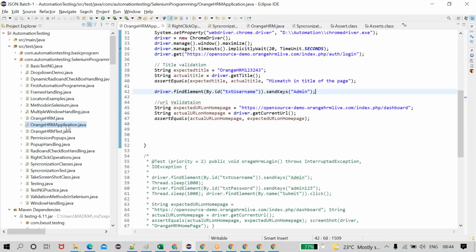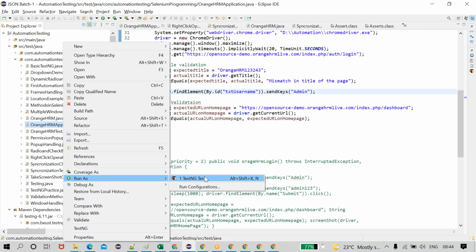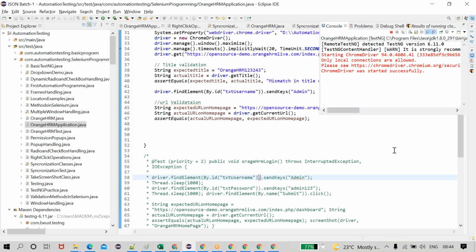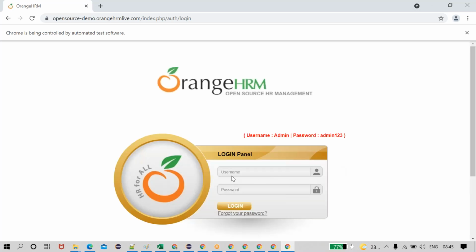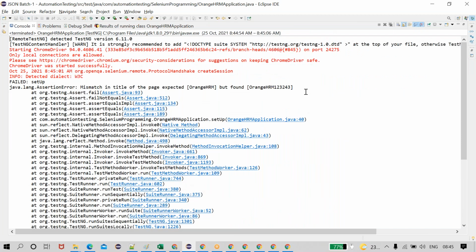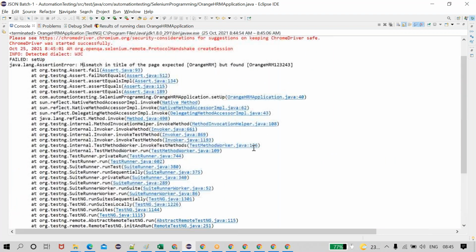If I run this code again, it won't enter any text in the text box because it is failed due to assertion in the previous step only. Mismatch in the title of the page expected Orange HRM but found Orange HRM 1234. This is the issue with the assertion.